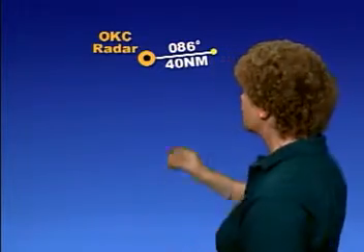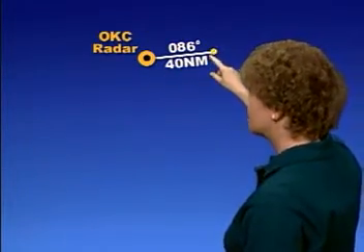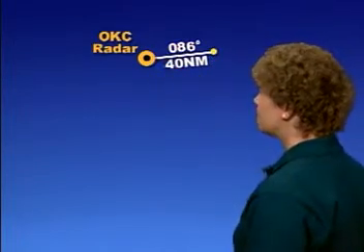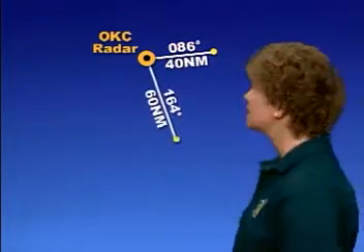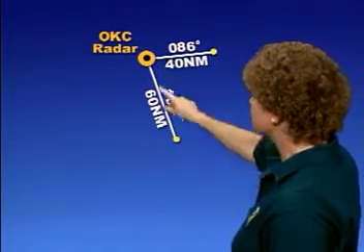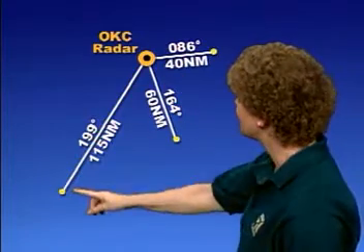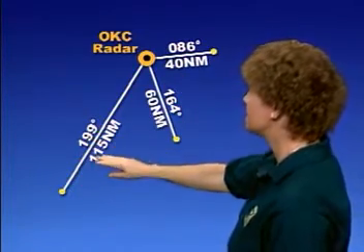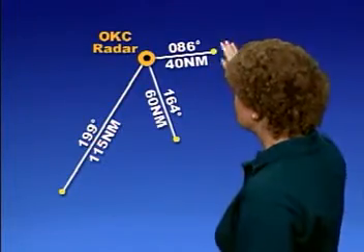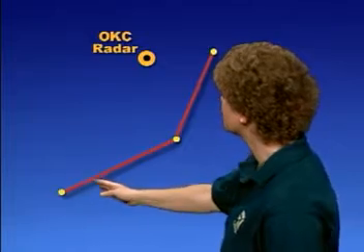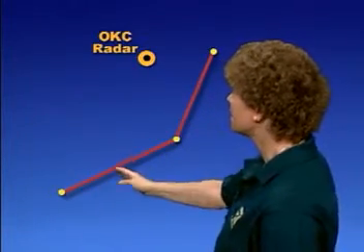So let's plot that. The first point is located 86 degrees and 40 nautical miles from the Oklahoma City radar. The second point is located 164 degrees and 60 nautical miles out. And the third point is located 199 degrees and 115 nautical miles out. What you have when you're done are 3 points which you can connect to show a kind of a curving line. That curving line represents where you'll find the line of thunderstorms, or at least where it was at the